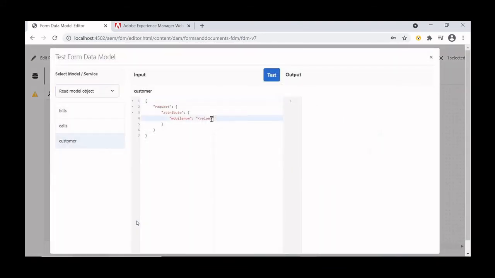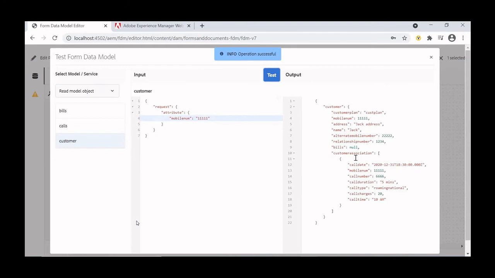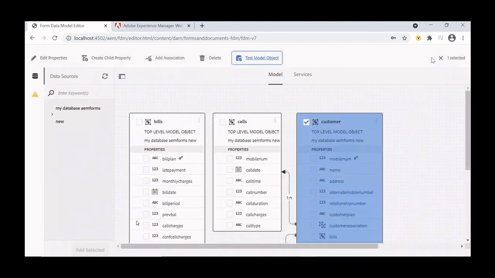This way also we can test. Again, we can pass the value. So we are getting all the values related to that customer: address, customer plan, name is Jack, etc. Similar way we can use the update service as well.